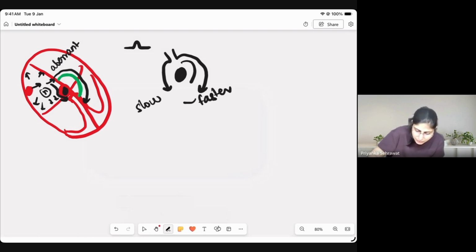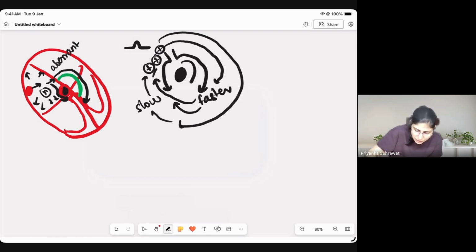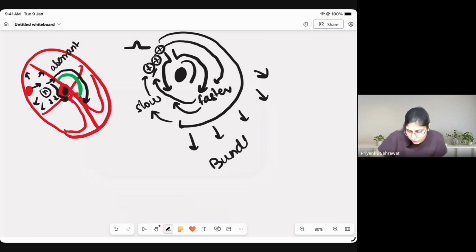So when this bundle of Kent current reaches here, it finds some of the tissues excitable. It excites these tissues. Again, a current gets formed. It comes here. Still no repolarization. Again, excitable tissue. This leads to a re-entrant pathway. This is all happening around the AV node. And what does it lead to? It leads to firing small depolarization currents into the bundle of His.